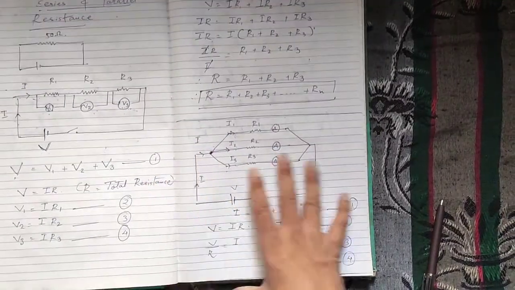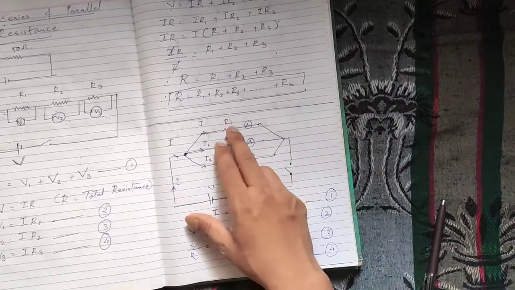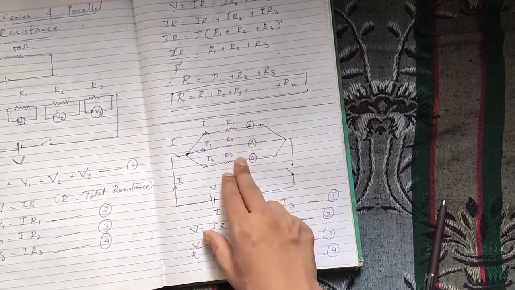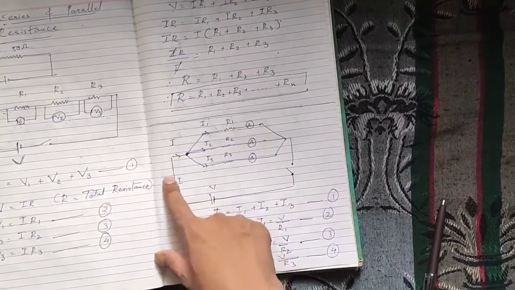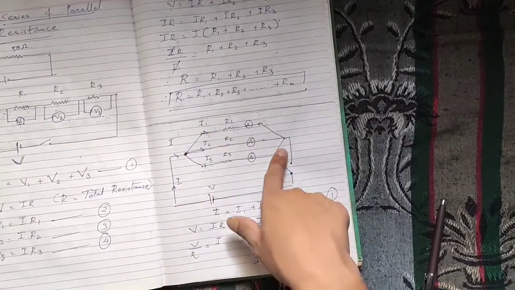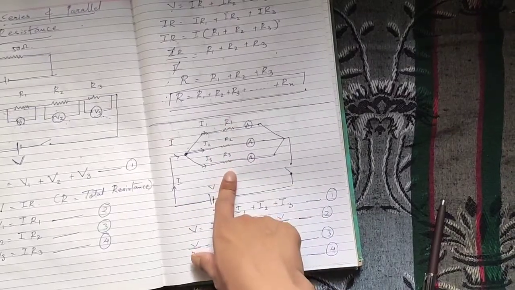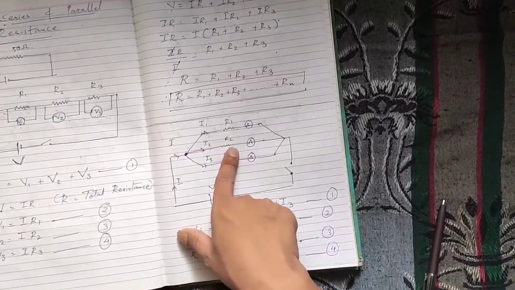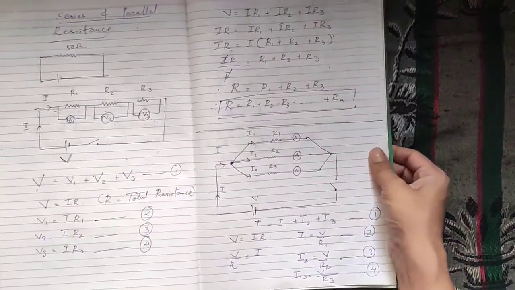In the same way we have another connection, that is parallel connection. So now I have taken the same three resistances and connected them in parallel. Over here what happens is the battery's one end is connected directly to all the three resistances and the other end also to all the three resistances. That means the potential difference across all remains the same. In the previous case current was the same, but in this case potential difference remains the same.